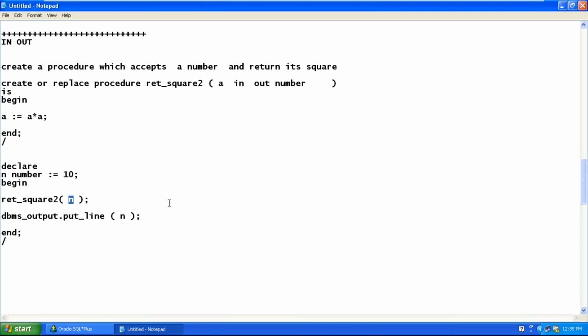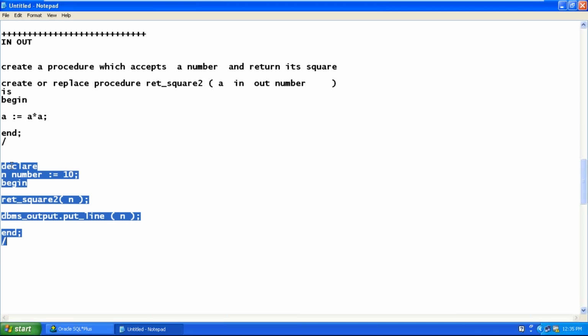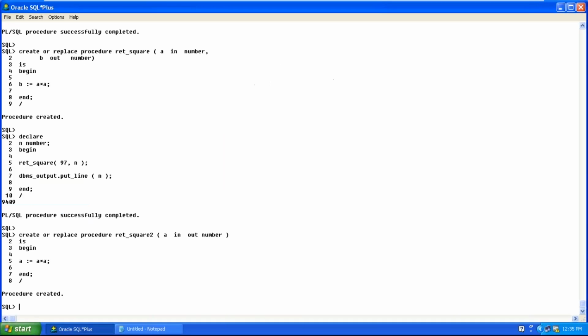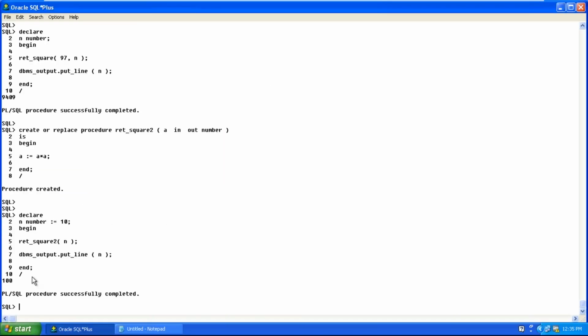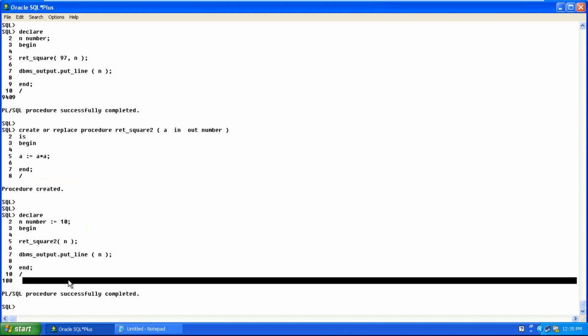What is the value in n? 10. So 10 is passed. The procedure gets invoked, a will be replaced with 100, n will be replaced with 100, and we print n. Same variable, we are using one variable. Whatever value you want to pass, first initialize it into that variable and then pass that variable to the procedure. The output you are getting is 100.